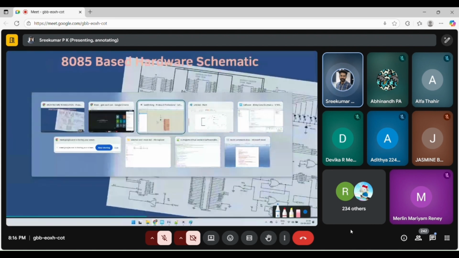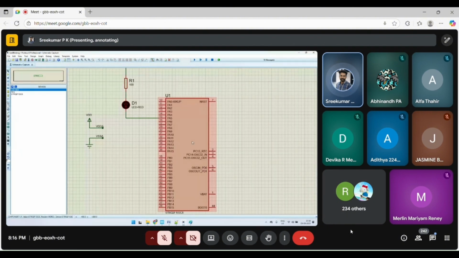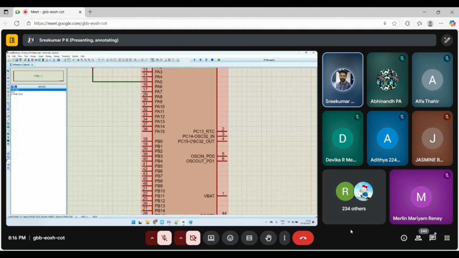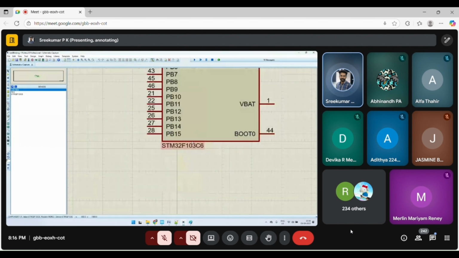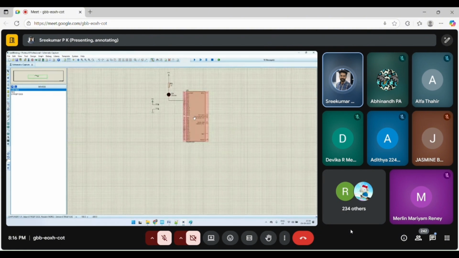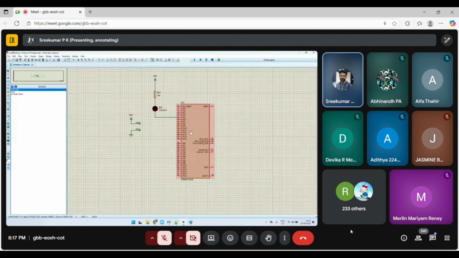I wanted to show you something. This is one small circuit which is going to execute a code. Here you can see I am using a microcontroller called STM32F103, which is based on an ARM processor. STM32F103 has an ARM processor inside. I am powering it on by hitting this play button.